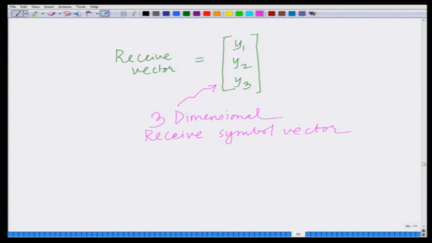And naturally the channel matrix H is R cross T. So, this is a 3 cross 2 dimensional matrix, containing a total of 3 times 2, that is 6